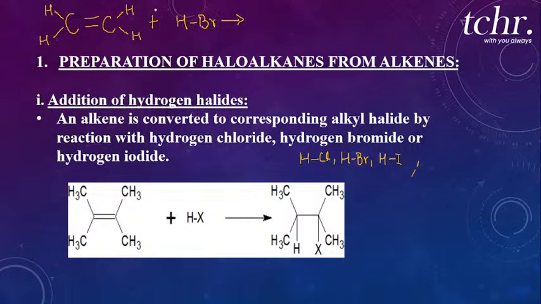A pi bond can be very easily broken. That means the pi bond undergoes cleavage very easily compared to sigma bond. Now if this is a sigma bond and this is a pi bond, the cleavage of the pi bond is easy. So here also a cleavage of the bond between hydrogen and bromine takes place, and what you have to do is very simple, my dear students. Add this hydrogen, that is H plus ion, to one carbon atom and Br minus ion to the other carbon atom to satisfy the valency of carbon atom,